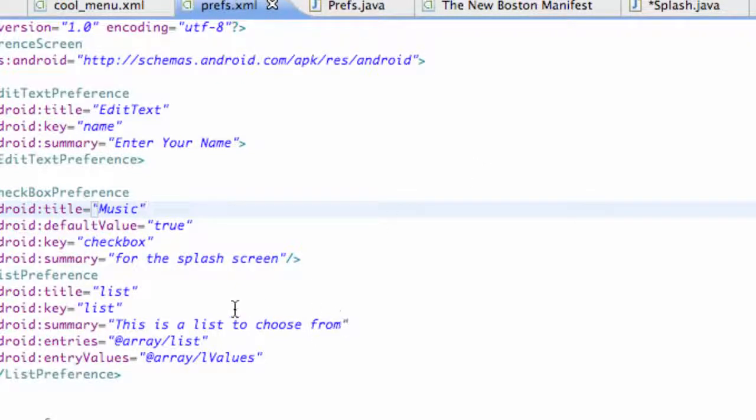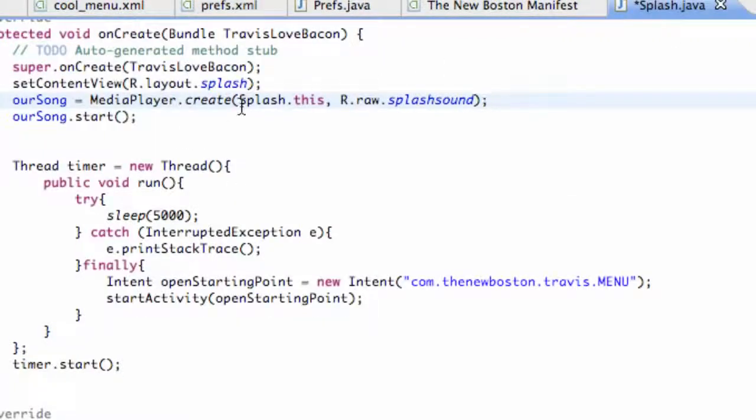And what we're going to do in this tutorial is basically access at least our checkbox preference within one of our classes, which will be your splash activity. So what I did is I just changed the title to music and the summary that says for the splash screen. So what we're going to do now is basically go into our splash activity that we have set up